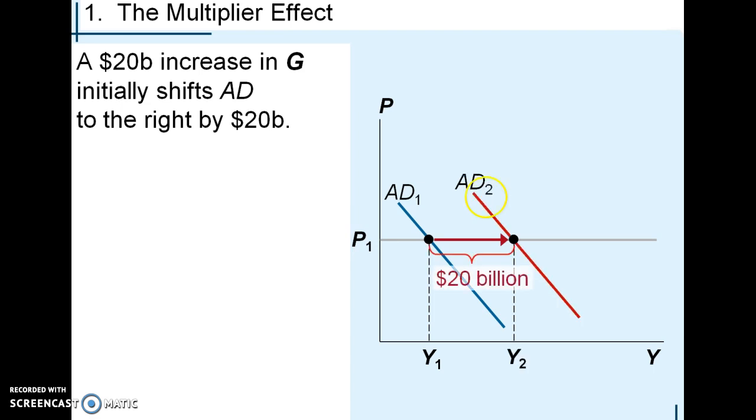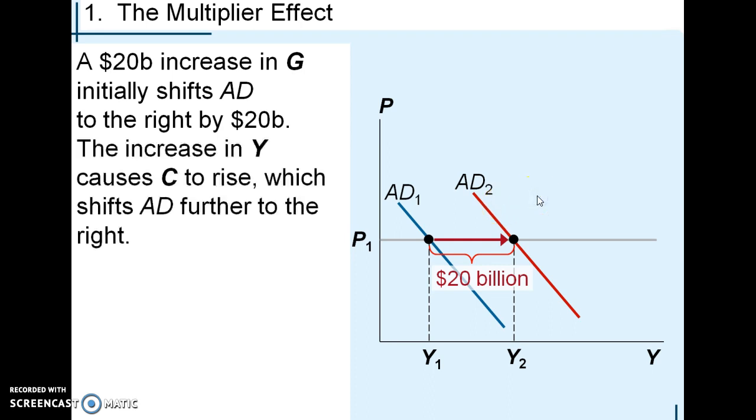And then the idea is that the workers earn a salary from making these planes, profits get paid out to the shareholders, and then people use that to buy additional goods and services, so there's even a larger effect on aggregate demand than $20 billion. So the idea is that aggregate demand would go farther to the right. There'd be even more aggregate demand created in the economy by this initial round of spending of $20 billion.